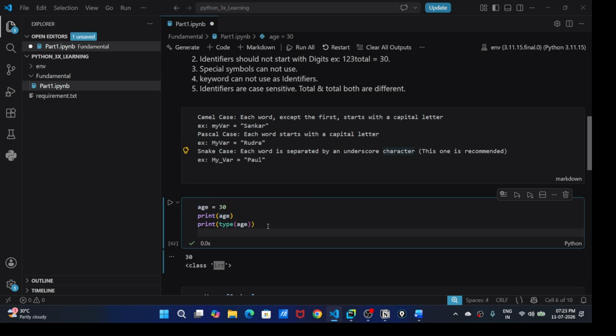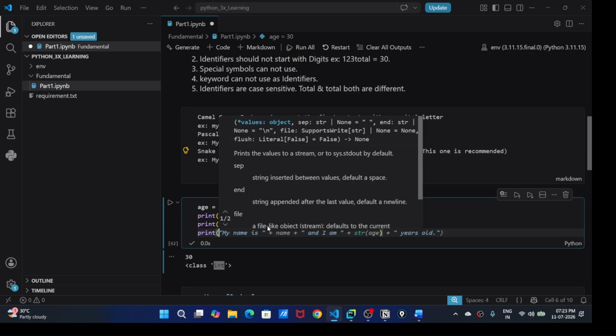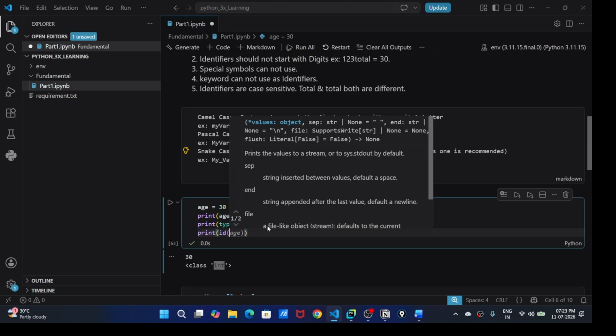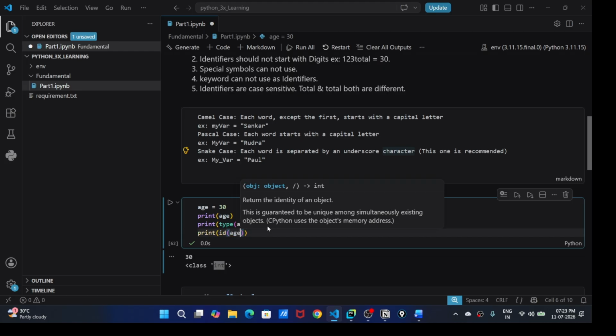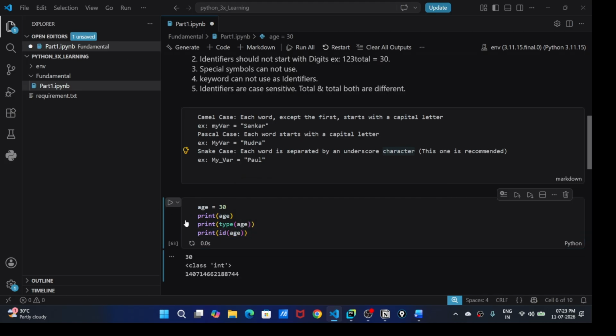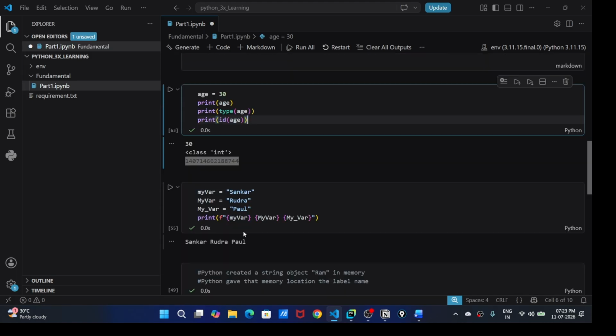Then print id of my age variable, and it will give you the address. So 30 is an integer type and it's stored at this particular address, right? I hope people have understood why we use the type and id functions.